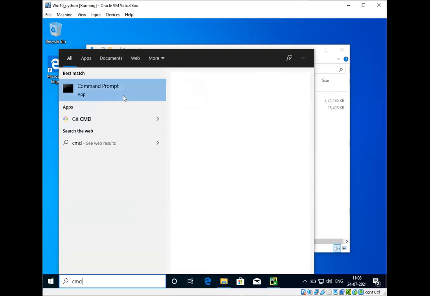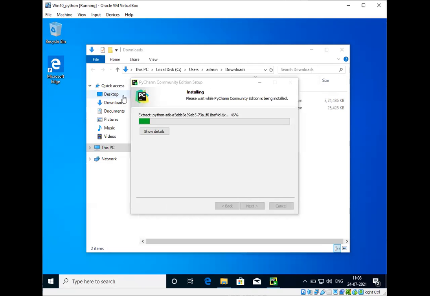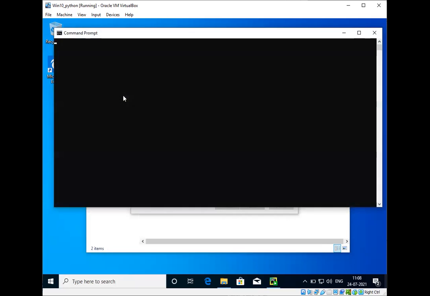Click on run as administrator, so that during installation, if any system level access is required, it will be granted automatically. It's better to launch the command prompt as administrator whenever you are doing any installations. The system is a bit slow.